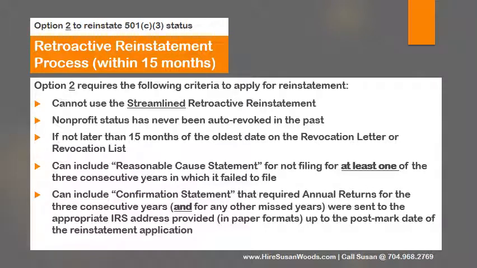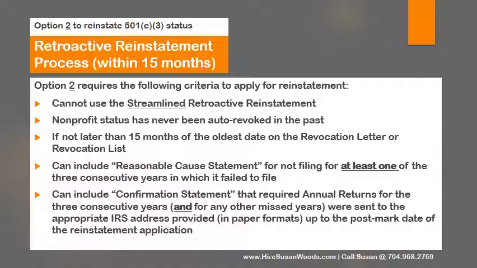And the 5th criteria is you can include a confirmation statement that required annual returns, which are your Form 990s, for the 3 consecutive years and for any other missed years were sent to the appropriate IRS address provided in paper formats up to the postmark date of the reinstatement application. That is a big statement here,